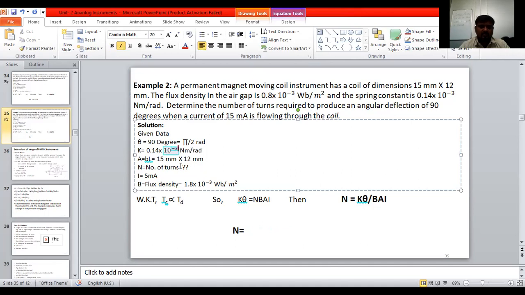I have done that one. And area also I have kept as it is. Only instead of current 5 milliampere, I have made 15 milliampere. Okay, 15 milli also you remove that one. Only 15 ampere you consider, not 50 milli. 15 into 10 to the power of minus 6 you use for this current. Then we will get the bigger value.